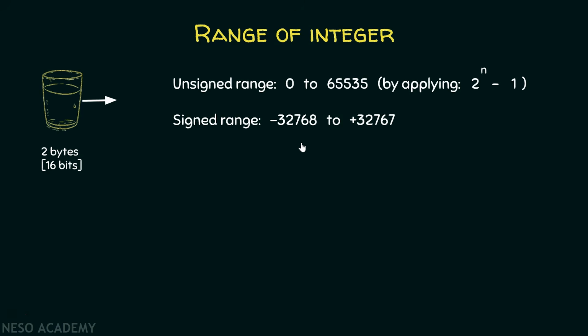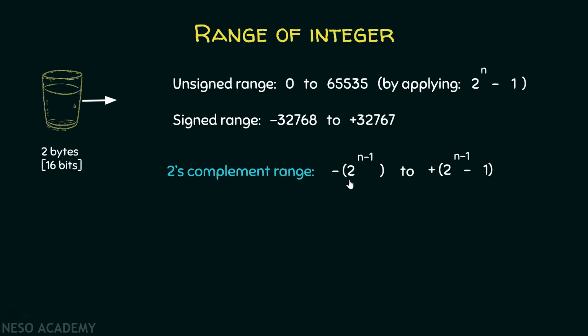Usually, we also have to represent negative values, and that we can do with the help of 2's complement representation. We actually have 3 different representations to represent negative numbers, and they are signed magnitude, 1's complement, and 2's complement. But in most computers, 2's complement representation is used. 2's complement ranges from minus 2 raised to the power n minus 1 to plus 2 raised to the power n minus 1, minus 1. If you want to know more about 2's complement representation and other representations, then you can refer to the NESO Academy playlist of digital electronics here on YouTube.